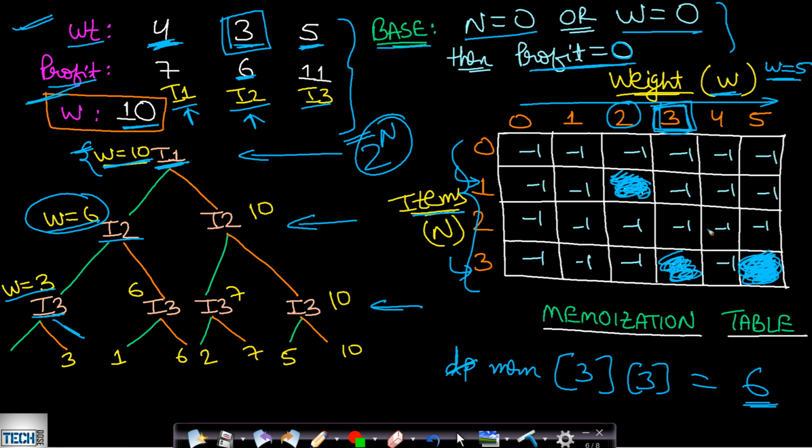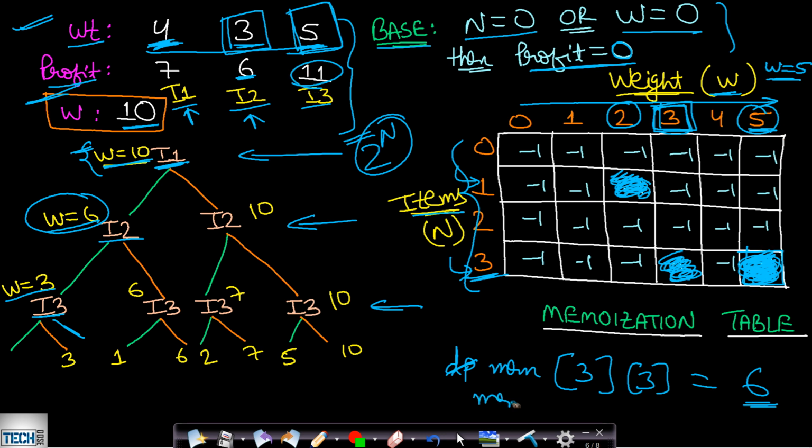This is indicating that when you have all the 3 items and you have the entire bag empty, which is of size 5, then what will be the maximum profit? And this was our entire problem. Okay, so if you have all the 3 items and your capacity of the bag is 5, then obviously you will get maximum profit on including this third item, which will be profit equals to 11.